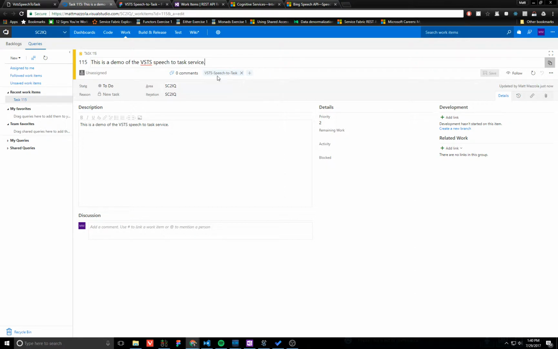You'll notice it was automatically tagged with a default tag called VSTS speech to task. This is to allow us to create an easy query which just says find all items with this tag to find out everything that was created through this app. So the workflow would be open up the app, create your features, user story, a task, kind of in rapid fire, perhaps in a stand-up,